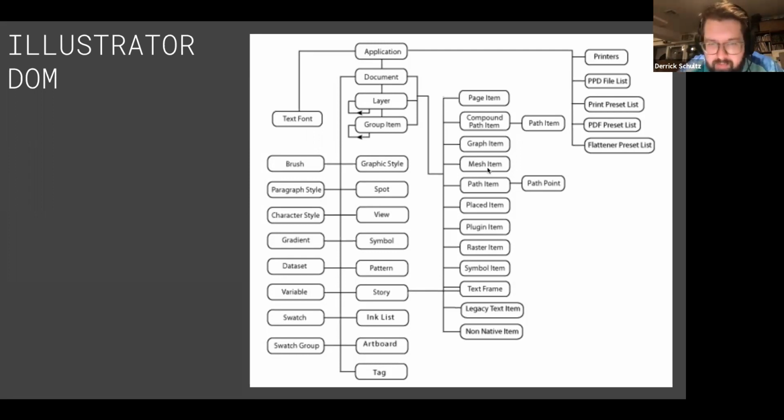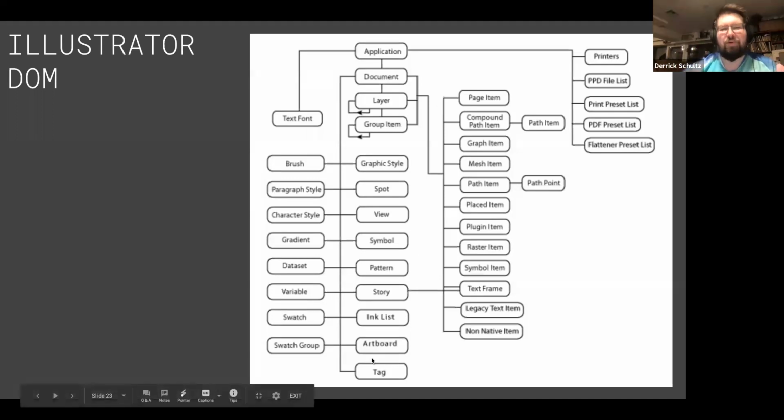Because, for example, artboards aren't even shown on here. So one of the examples we're going to look at later is how to deal with artboards. And artboards don't even exist in here. So you would think that the way you might think about it is documents have artboards, and artboards have all these pieces of content, right? Unfortunately, the way Illustrator thinks about it is artboards are a separate thing that exists alongside documents, but all of these items do not exist in the same place, which is really confusing. Oh, here's artboard. So this can get really, really challenging, and this is the challenge of using scripting. But I'll show you some examples, and hopefully that'll help alleviate some of those pain points.